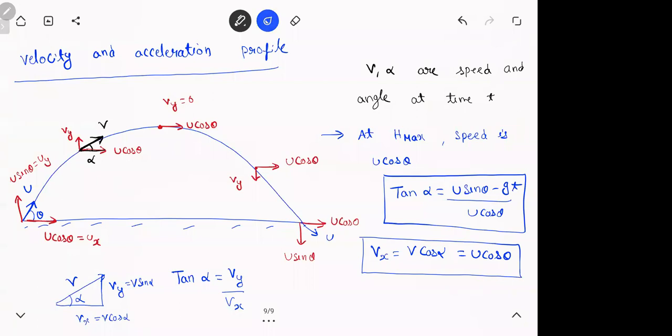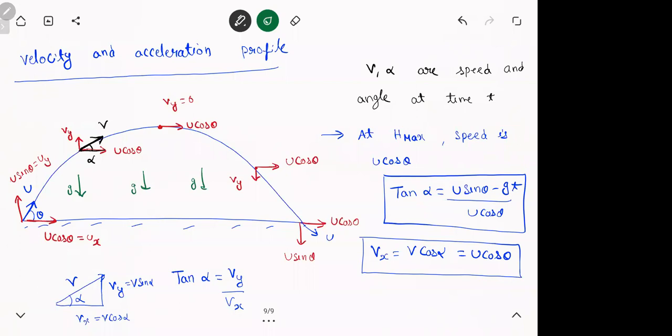And what about the acceleration? That is easy. You go up, you go down, it doesn't matter. Gravity is always down. So velocity, what will happen? As you're going up, horizontal will remain the same, vertical will change direction and become smaller, whereas the acceleration will remain